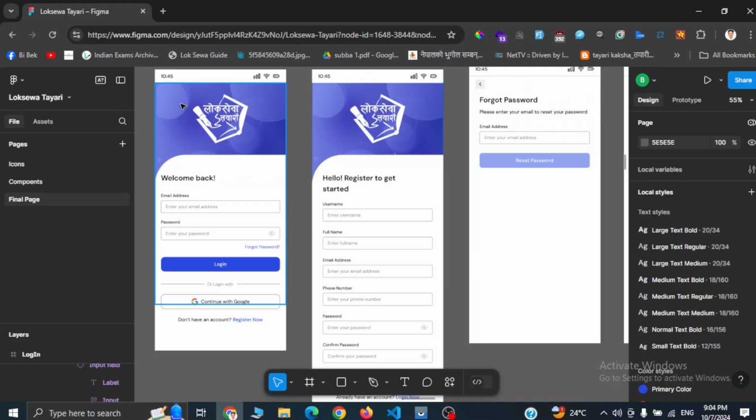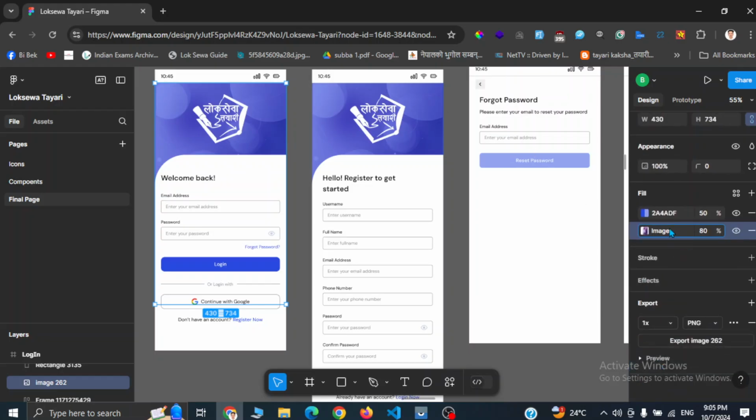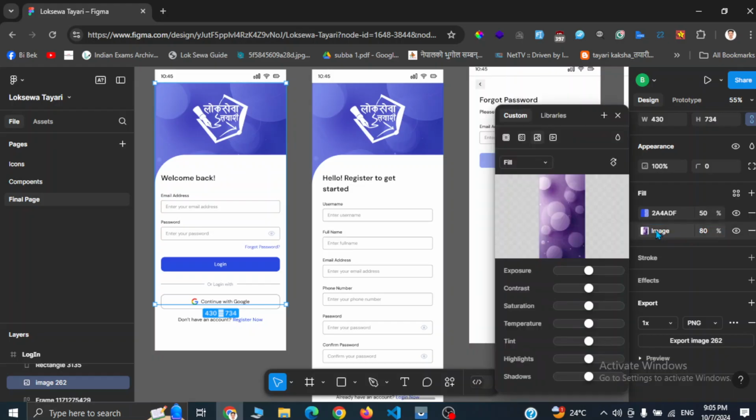That circular stuff is quite a lot of work to build in Flutter, so it is easy to download the image from here. It's the same image that is built here in Figma as well, though its color is different there. We are going to use some sort of color filter to maintain the indigo color, the primary color of our app,